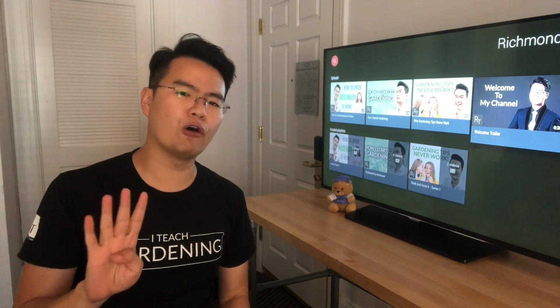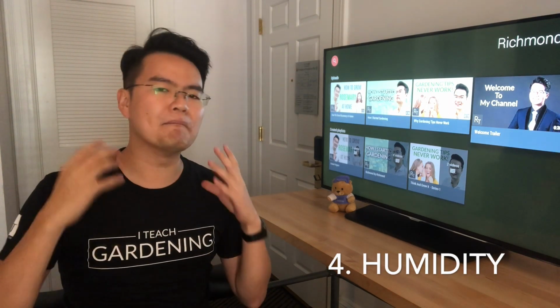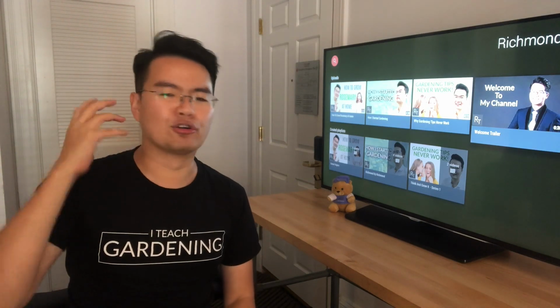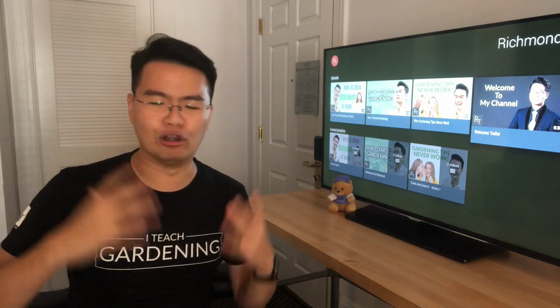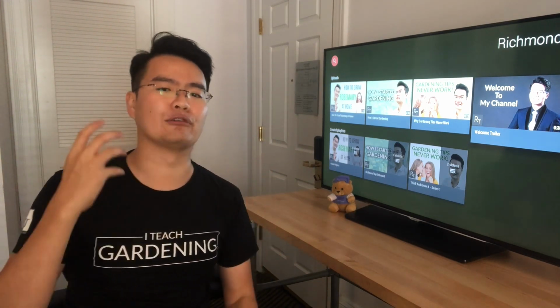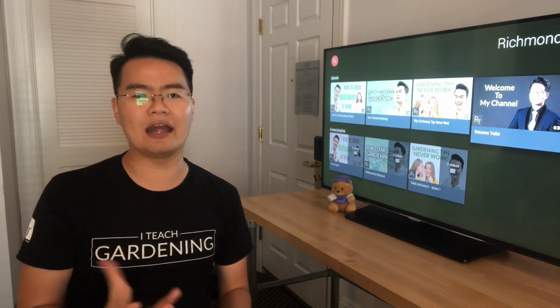And condition number 4, that will be humidity. Humidity refers to the amount of water vapor in the air. Some plants prefer to be grown in higher humidity, while some plants prefer to be in a dry or low humidity. And wind can cause humidity to fluctuate, and some plants will just lose water very quickly and stop growing